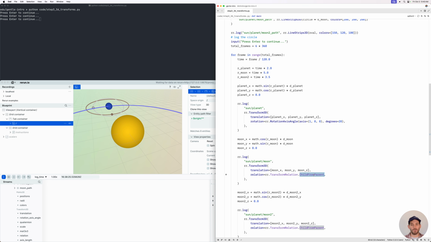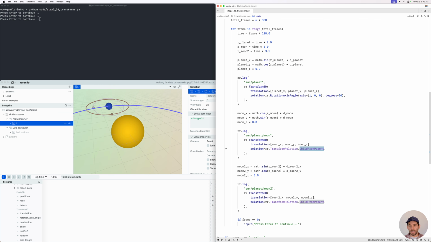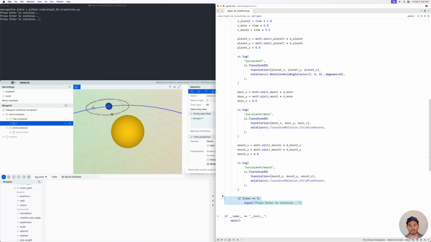More of what I wanted to really pull out and share with you is that there are different variations here that you're able to use. And then you can see we have the second moon that is also off of the planet. So I don't need to just have one set of relationships. I can cascade this to even multiple objects. You can see here, this is where we have our breakpoint. So I stopped it after this first frame to be able to show this entire setup,